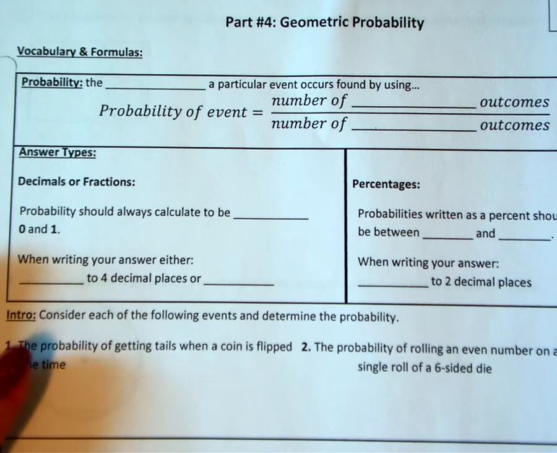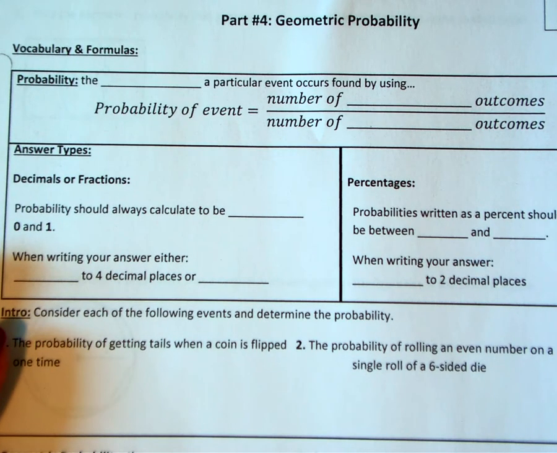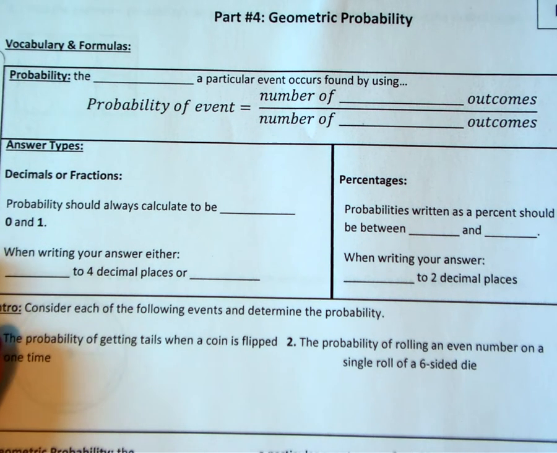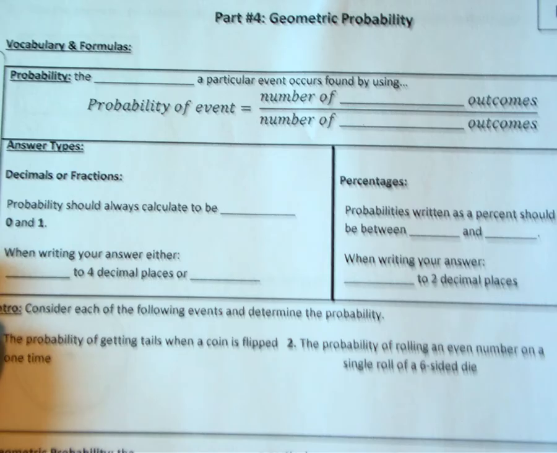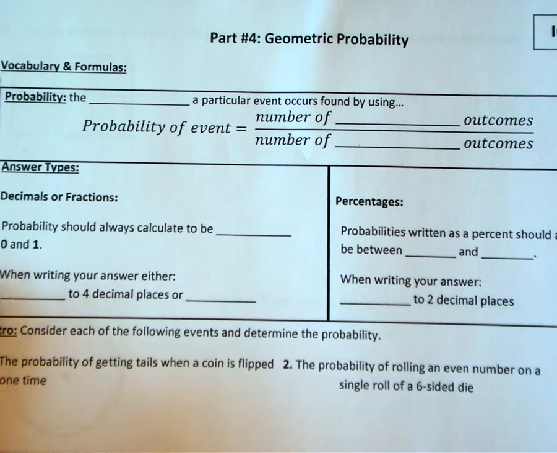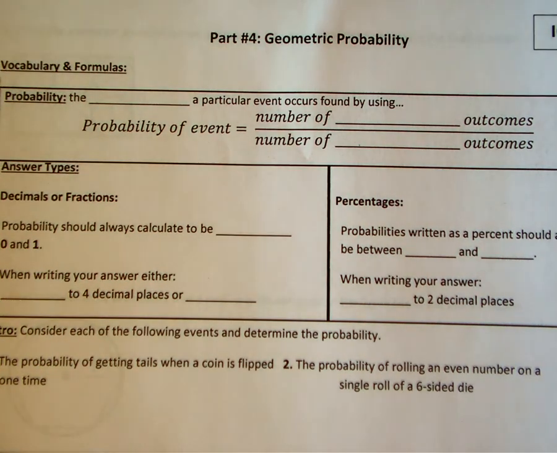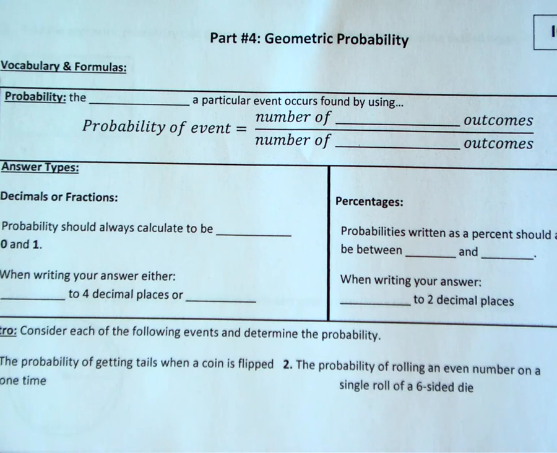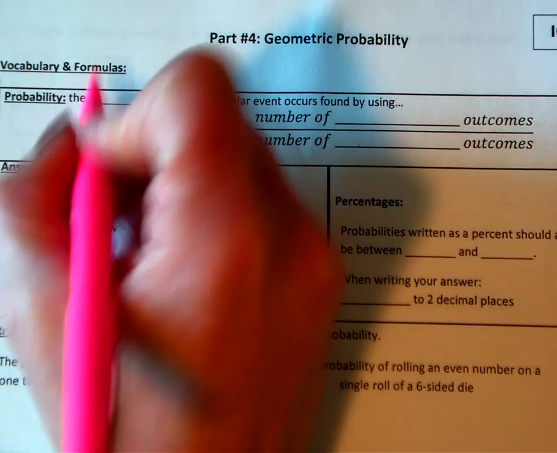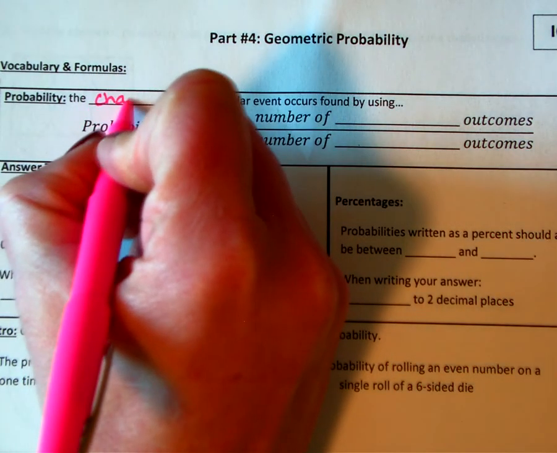And the last part is the probability. I think that scale actually will be changed just a little bit because the probability has to be worked in there yet. So, finding geometric probability. First of all, the probability of something is the likelihood or chance a particular event occurs. It's the chance or likelihood